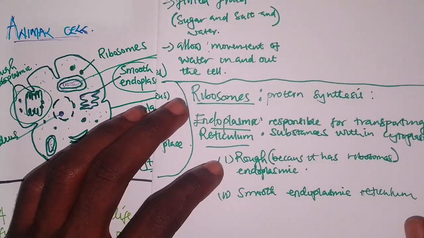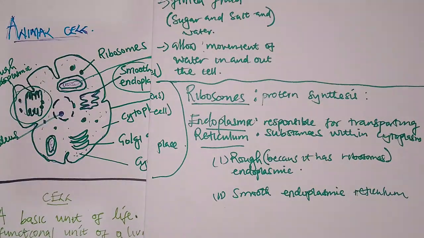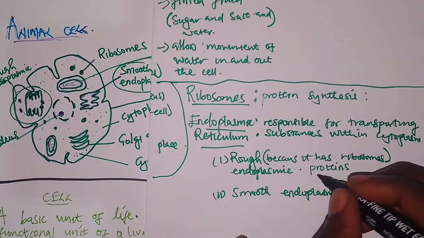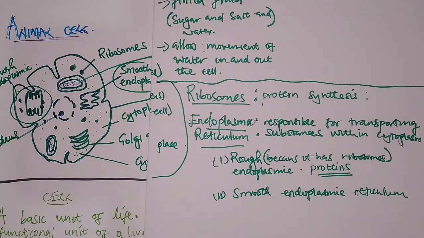So what does this mean? The rough endoplasmic reticulum is responsible for transporting proteins. So this one is simple because it has ribosomes, and we say that in ribosomes that's where protein synthesis takes place. So meaning the rough endoplasmic reticulum will transport what? Proteins. Then when you talk about smooth, think of something which is smooth, something like oily. So meaning the smooth endoplasmic reticulum